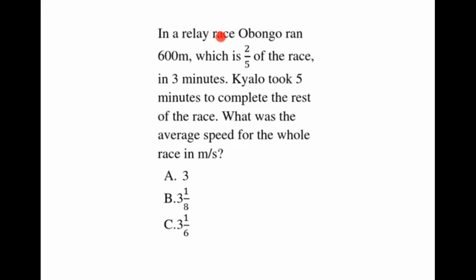In a relay race, Obogo ran 600 meters, which is 2/5 of the race, in 3 minutes. Charlo took 5 minutes to complete the rest of the race. What was the average speed for the whole race in meters per second? Solution: